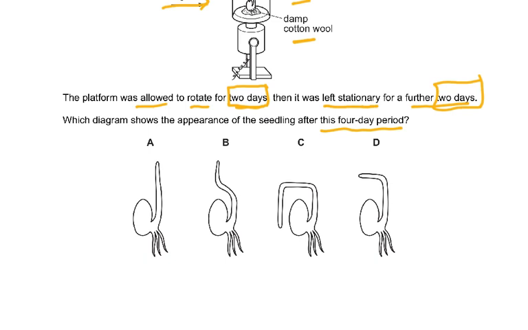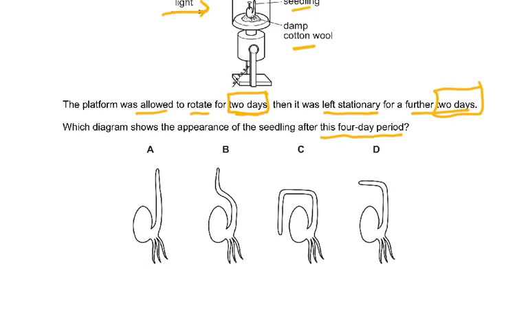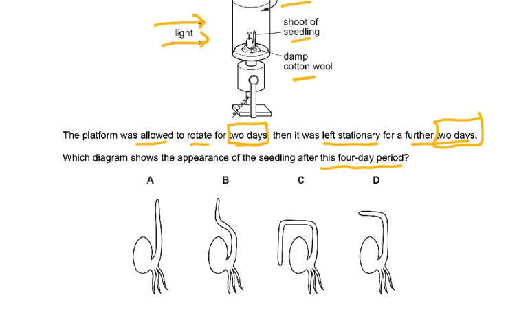2 days, and look at it where the light is coming from. The light is coming from this side. So naturally the answer was D. When would have been the answer A? The answer would have been A if we had said for 4 days the machine was working. So for 4 days it would have grown taller,